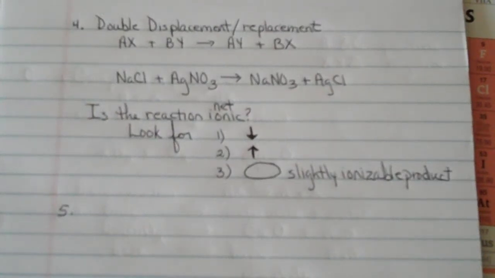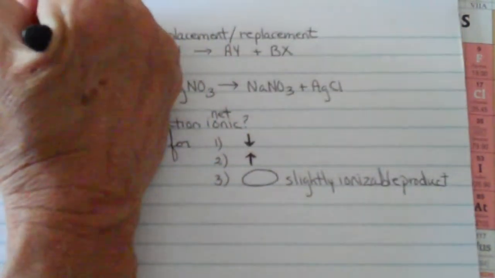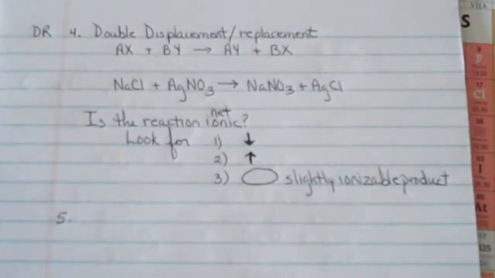So continuing with a talk on types of chemical reactions, this I guess is part 2. We've looked at composition, decomposition, and single replacement reactions. The fourth type of reaction would be a double replacement or a double displacement, whichever term you want to use. And I sometimes use abbreviations. So I would put a DR or a DD there for double displacement. I would use a C for composition, D for decomposition, SR for single replacement, and DR for a double replacement